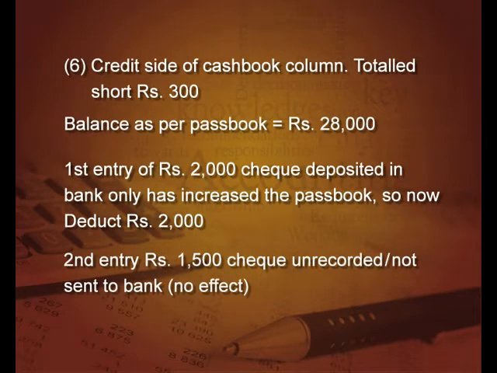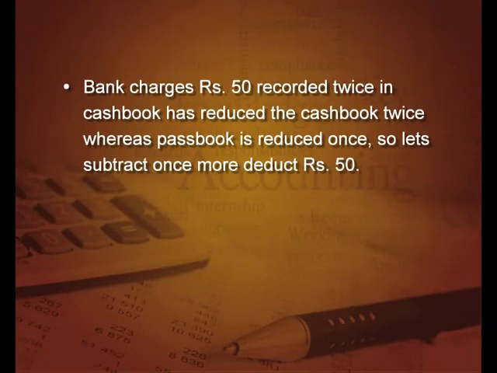Second entry 1,500, check unrecorded and not sent to the bank. Now, this has no effect, unrecorded in the cash book and not sent to the bank. So, it is nowhere. So, it is having no effect anywhere. So, this is also an important point to note, sometimes there is no effect. So, no plus and minus for this entry. Coming to the third entry, bank charges 50 rupees